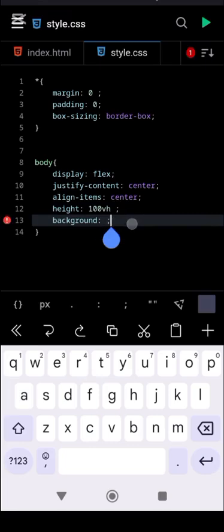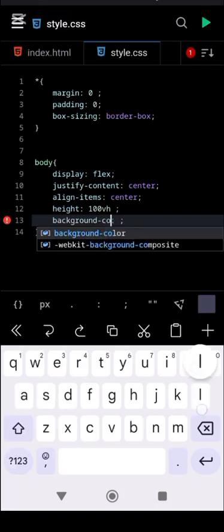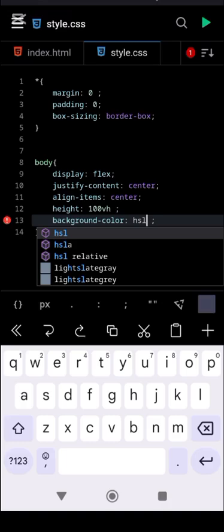So for the background color, we are going to be using this HSL. This is hue, saturation, lightness. So we'll be using something like this. Okay,